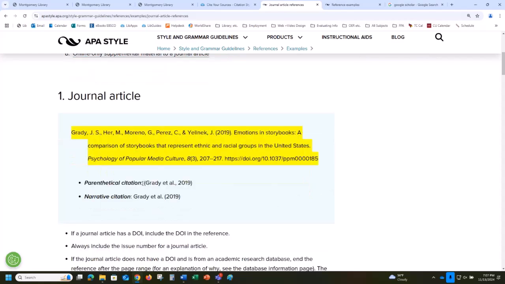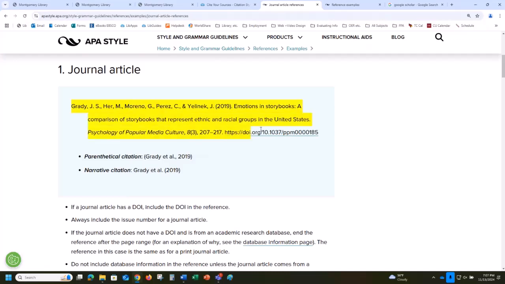And by the way, if you're citing it in the paragraph, that's called a parenthetical citation. And if you're using it in the sentence of a paragraph, you write Grady et al. 2019 argue that emotions are important in storybooks. So anyway, here's a tip that I recommend for everyone. Especially if you're kind of new to APA citation, you can copy this into your works cited and use